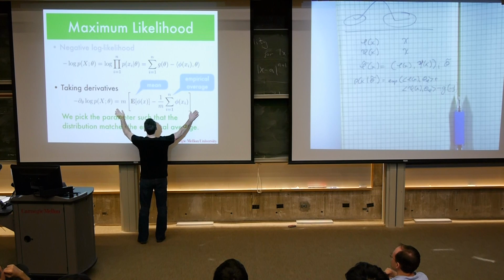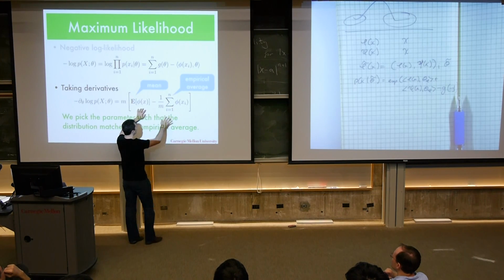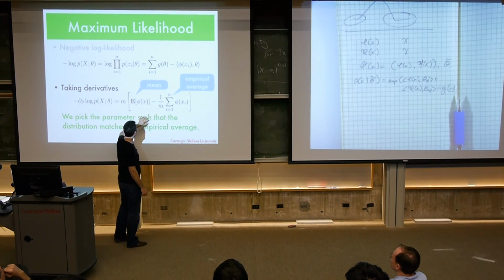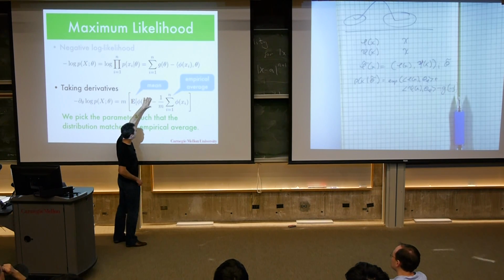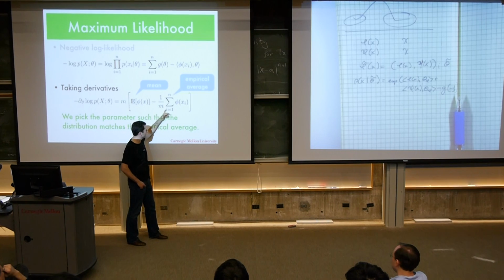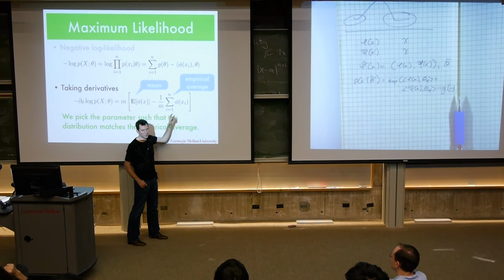This needs to vanish. So if you squint really hard at this and ignore the typos, you'll see that we basically get the condition that the expected value has to match the empirical average. That's our optimality condition,